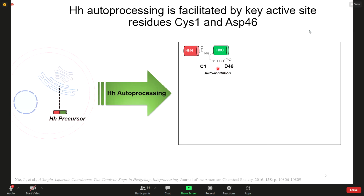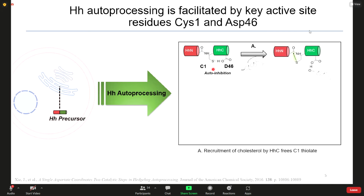In the native state of the precursor protein before any autoprocessing occurs, these two residues have their side chains in a coupled state through a hydrogen bond. This retains the thiolate of C1 in an inactive form, reducing premature activation of the precursor. Upon recruitment of a molecule of cholesterol, which is the natural substrate for HHC, the thiolate of C1 is freed